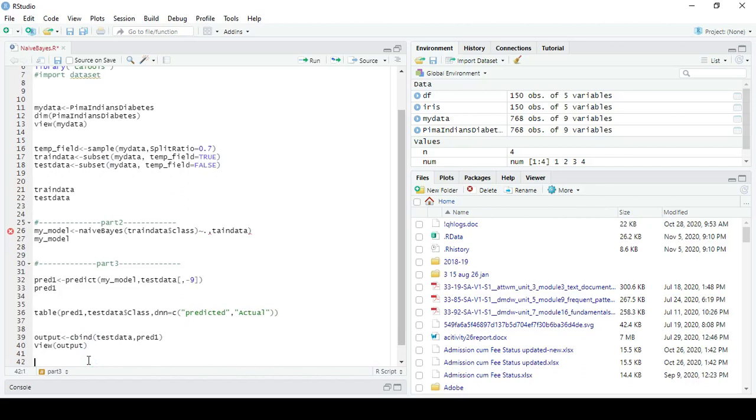Here our program is completed. I'll save this program with the help of naivebayes.r.